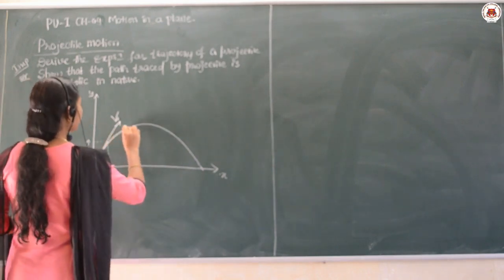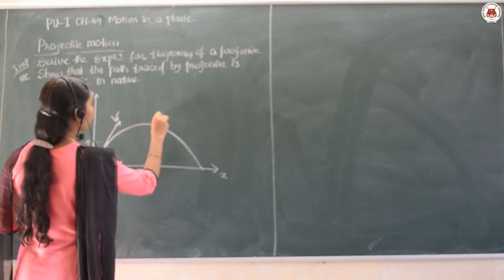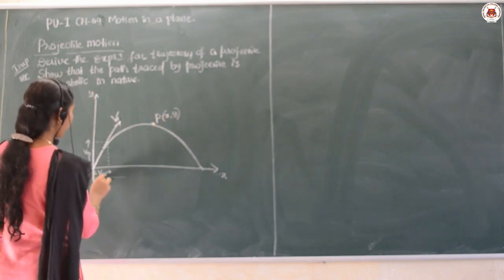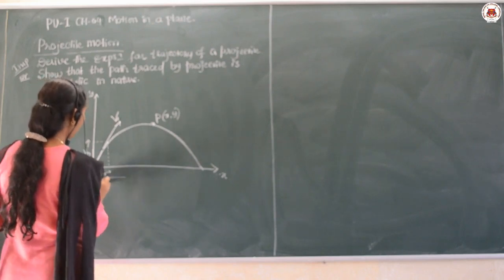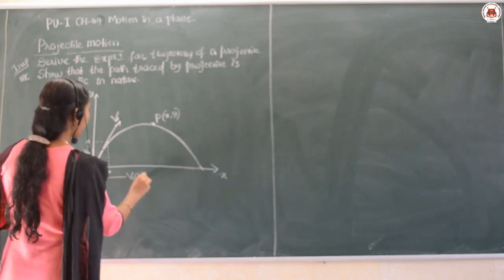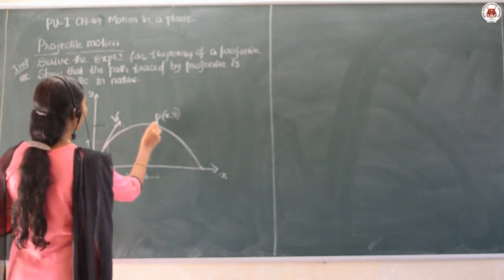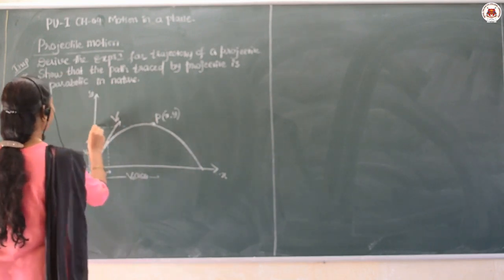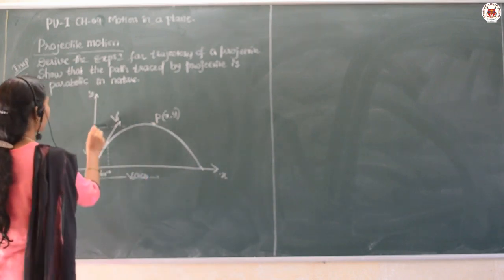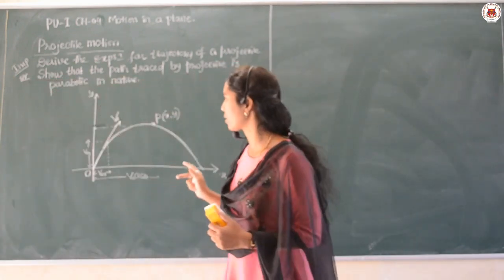And during its journey, let us consider there is another point called P here, which is at a distance x and y. Now from here to here the velocity I consider as v naught cos theta, and here it will be v naught sin theta, okay. And here the distance I can take as x, and this vertical distance is taken as y here. What are the considerations we need to take here?